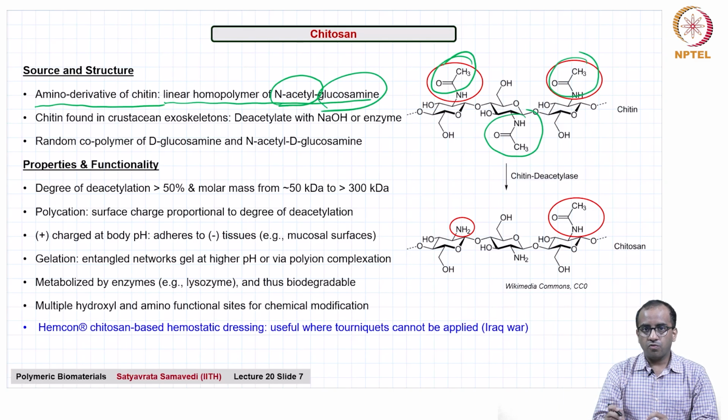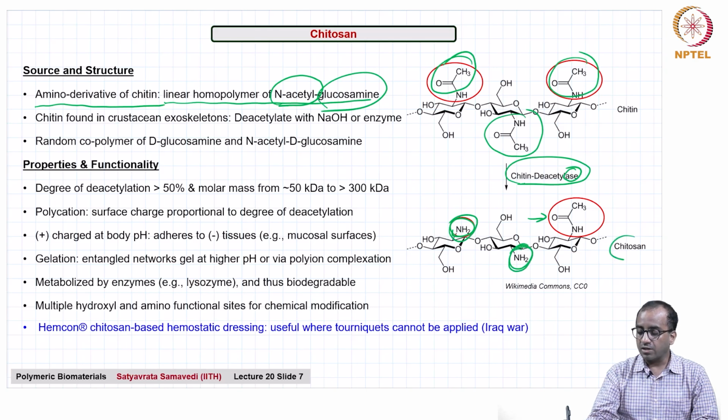What you can do when you get chitin from these crustacean exoskeletons is to deacetylate with either sodium hydroxide or through enzymatic reactions such as chitin deacetylase, which is fairly intuitive. Remember, ASE ending is for enzymes, and this is literally going to deacetylate chitin, resulting in these primary amines now, but not everywhere, on some but not all. So, you see some of it still retains this N-acetyl substitution, some of them have been deacetylated, leading to what